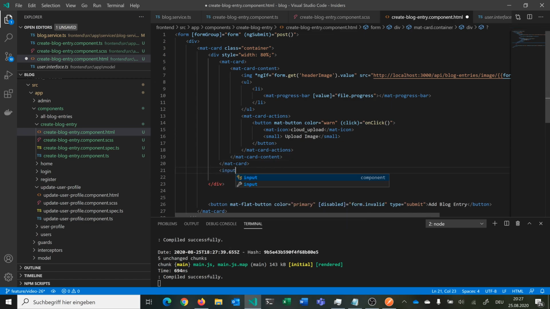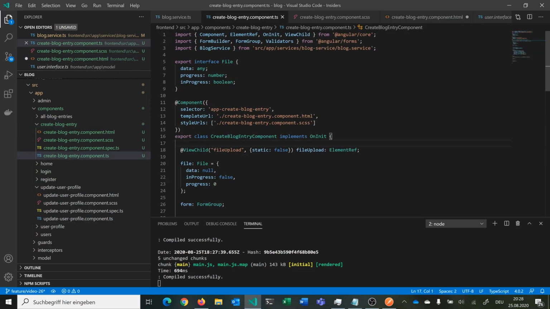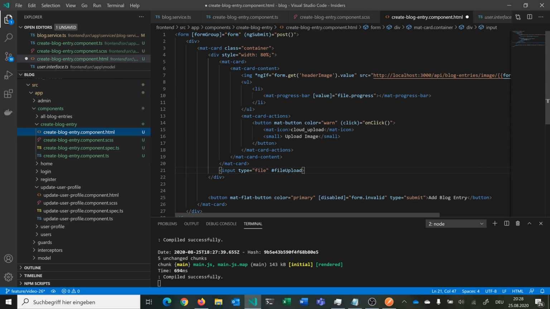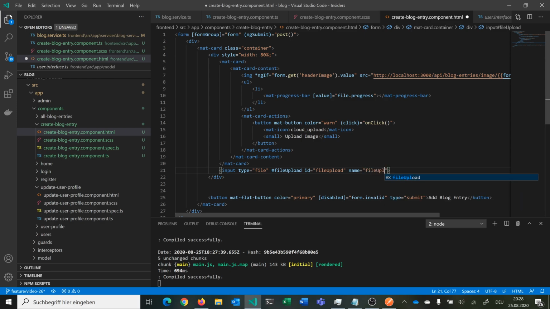And then we have the most important thing. So we have here our input form that's using the input from our browser, and there we are using type file. So we want to upload one thing, and here we give it the ID file upload. So exactly that we are looking at with our ViewChild. We go search for file upload and go for ElementRef. So for this thing here, we catch it with this. And give it also the ID file upload. We can give it the name file upload,